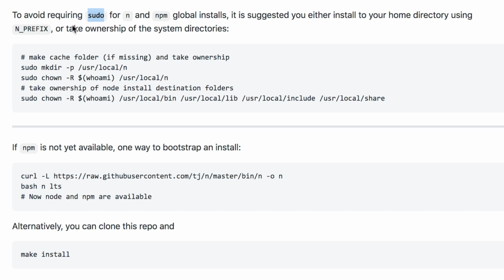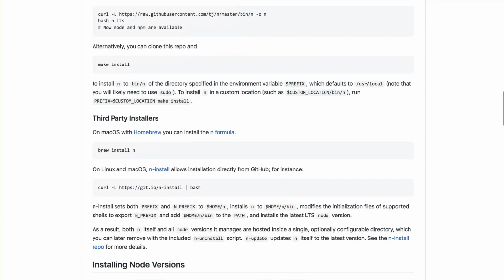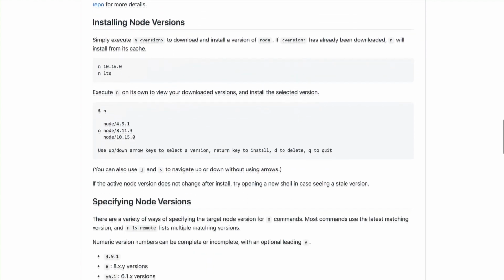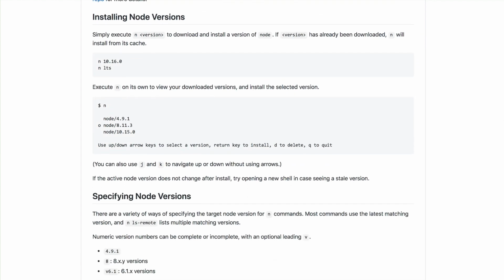To avoid those, you can run these two commands to own the folder where n is going to install your node modules in those versions that n manages and different Node.js versions. And then if you want, you can also take ownership for all these installed destinations as well by running this particular command. So how about I go ahead and review this node version manager so you can understand it